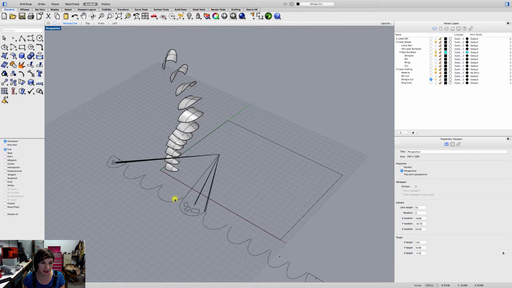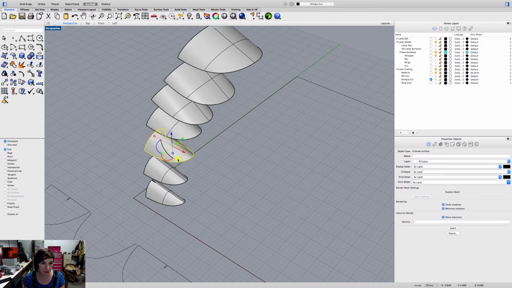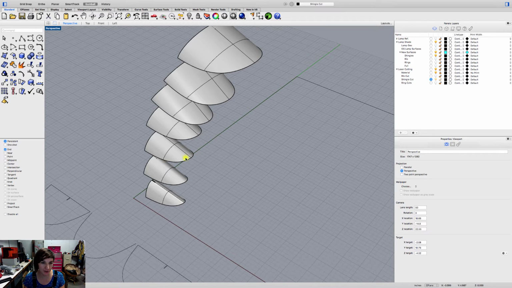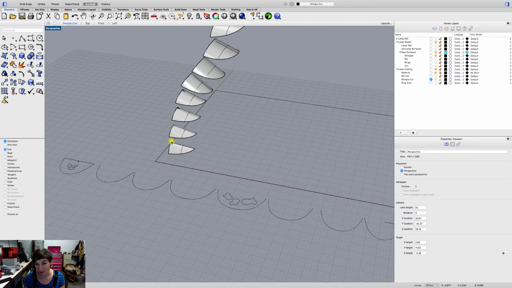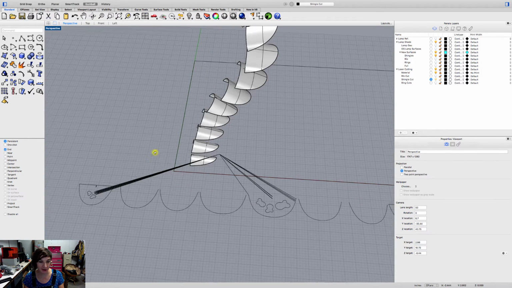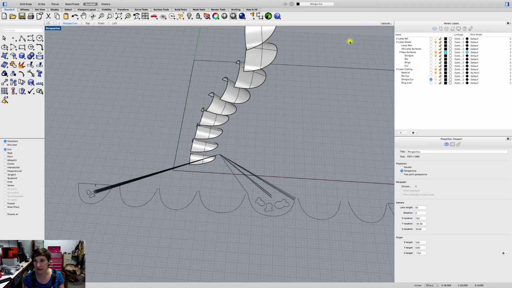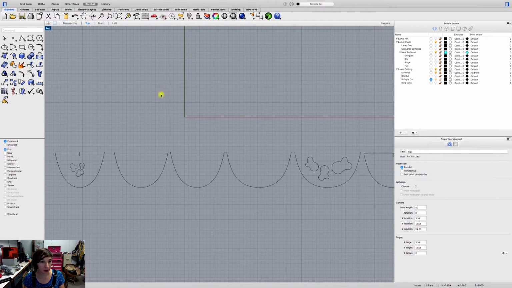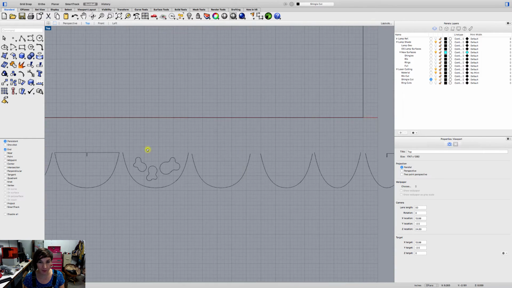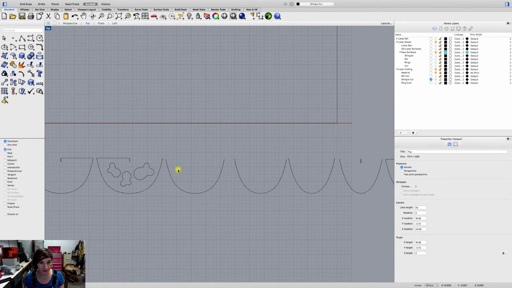The reason that it's got so many is because it's trying to extrapolate the curve from the edge of this surface after it's been unrolled, and it's not making a really nice clean curve, the kind that we would prefer to work with, but that's okay. We're not really going to do any major editing to them. But what we are going to learn in this video is just some fun ways to maybe fill in these